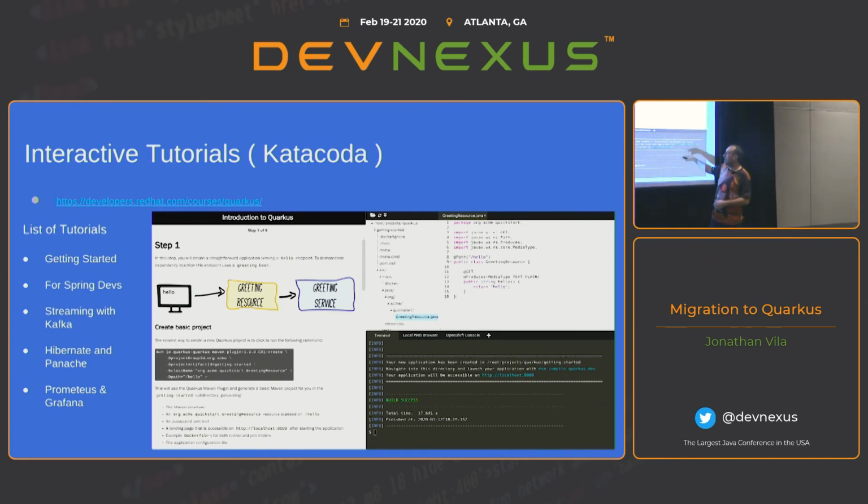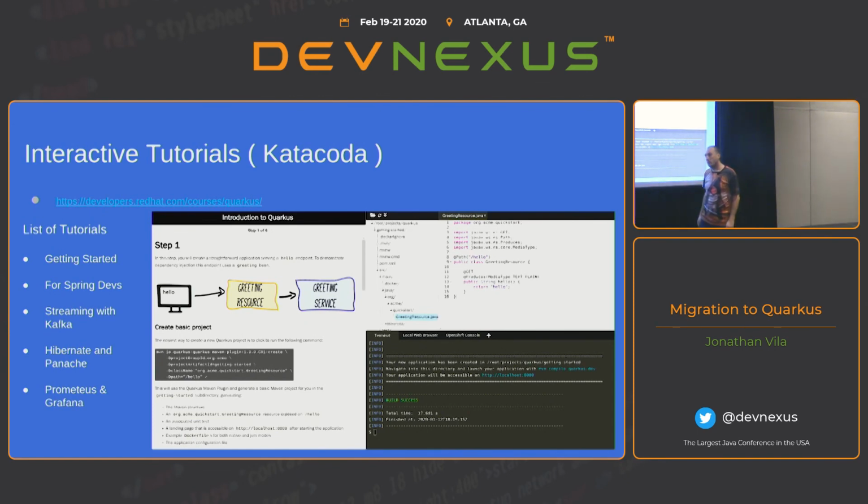It's a totally interactive tutorial system where on the left you have all the documentation and all the steps to follow, and on the right you have the terminal, the containers, the web console, in this case OpenShift or wherever. So you can try and mess things up, and you will not mess up your local laptop. Everything is there in the cloud, and you will find several tutorials for Spring devs, Kafka, Hibernate, Prometheus, and more.